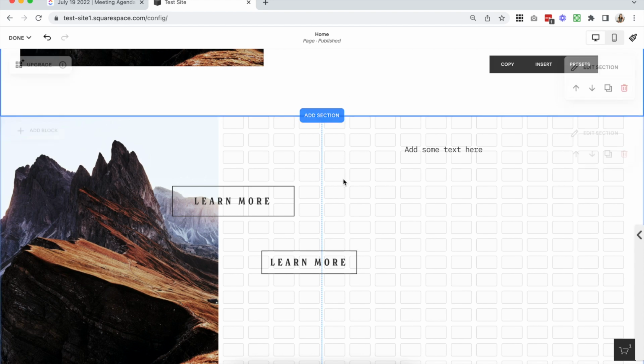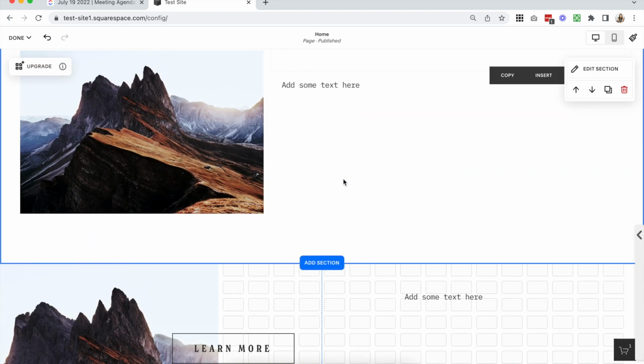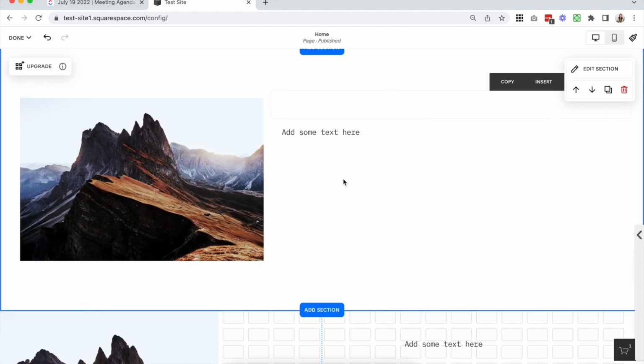I'd love to know what you think about Fluid Engine in the comments compared to Classic Editor. Are you planning to switch over your sections, or are you planning to just stick with what you've got? If you do have an existing Classic Editor site, I can imagine that using a mix of Classic Editor and Fluid Engine sections would really give you all of the different options. So let me know in the comments what you think, and if there's anything that you really hate about it or that's missing that I missed in this video,